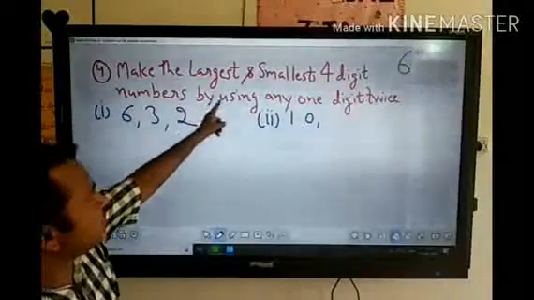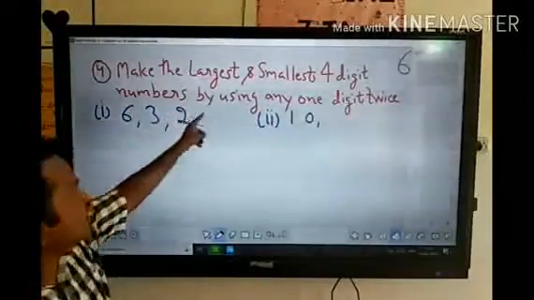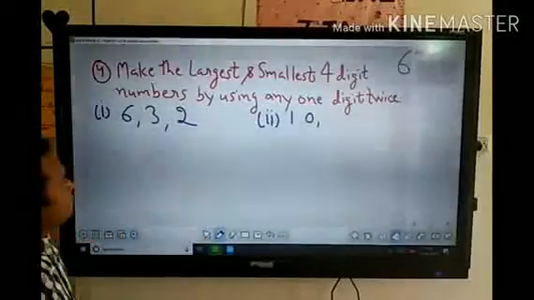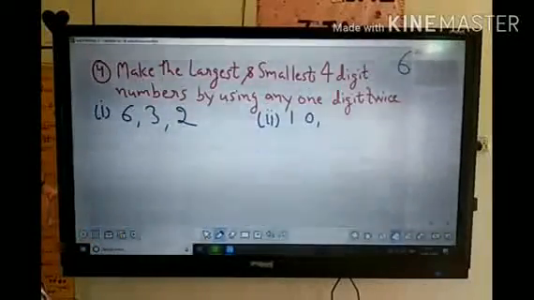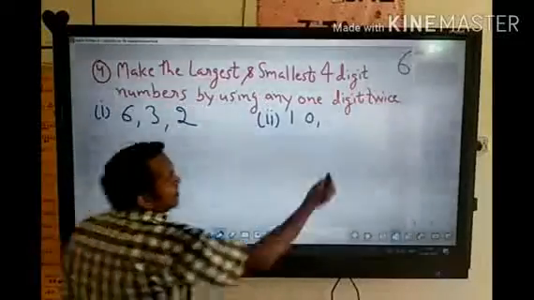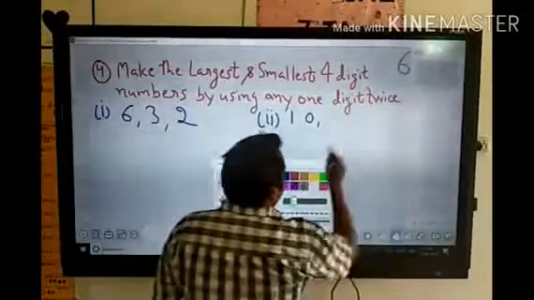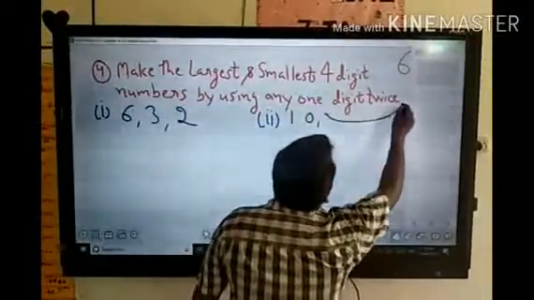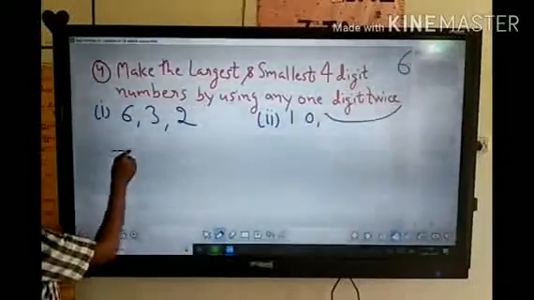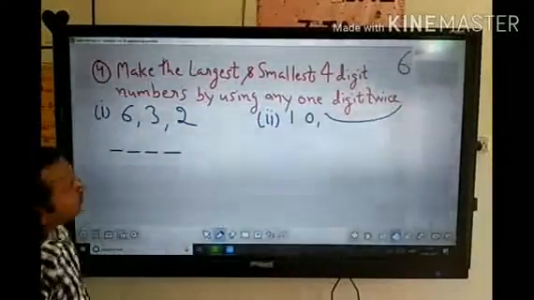Make the largest and the smallest 4-digit numbers by using any one digit twice. We have to make here a 4-digit number. The one is largest and the one is smallest. The condition is that we can use a digit twice. So, firstly, 1, 2, 3, 4. In order to make the 4-digit number,